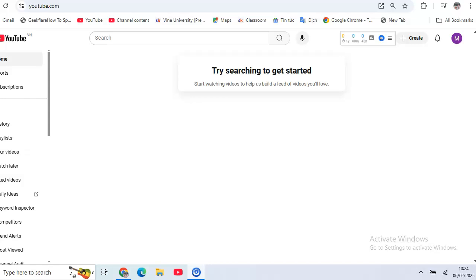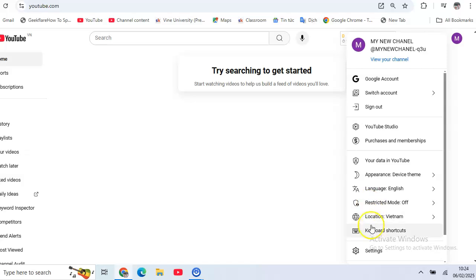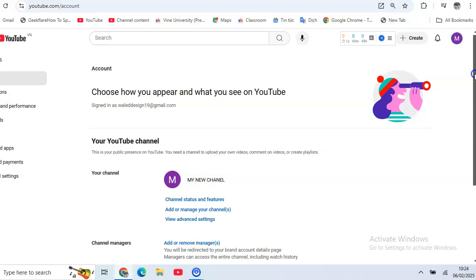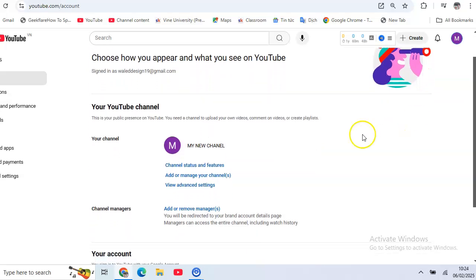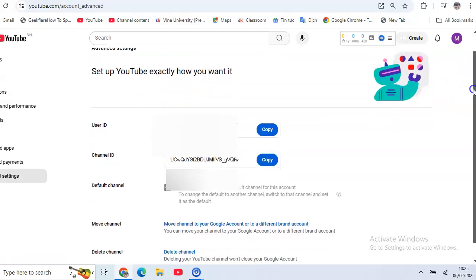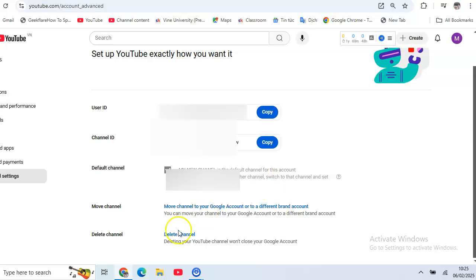Okay, how to delete YouTube channel permanently. When you are in YouTube, click on your profile icon. After that, click on settings. And then you see here your channel, click view advanced settings, and then just scroll down and click delete channel,